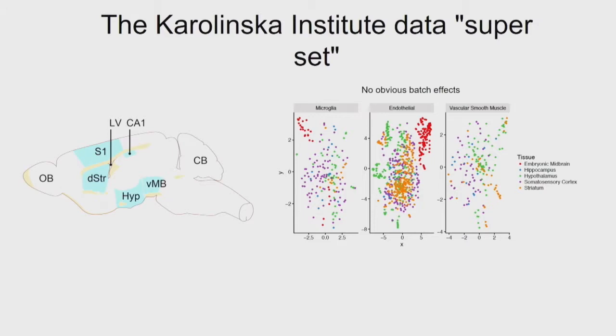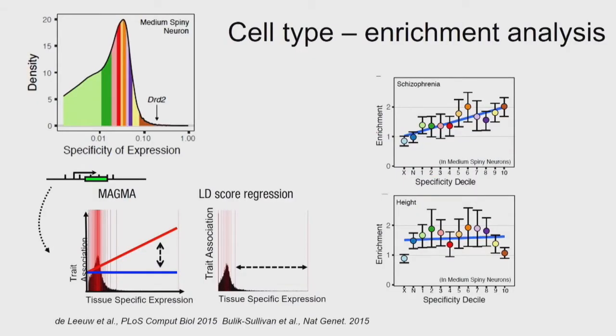And yes, if you look at different types of cells that you don't think should vary much between regions, you can see that there's largely no structure, so they are very much overlapping. The reason that the red cells are a bit on the outside is that these were much younger animals. So we said we can bunch this data together. So that means that we have a lot of different cell types from different regions of the brain. So that's the single-cell data.